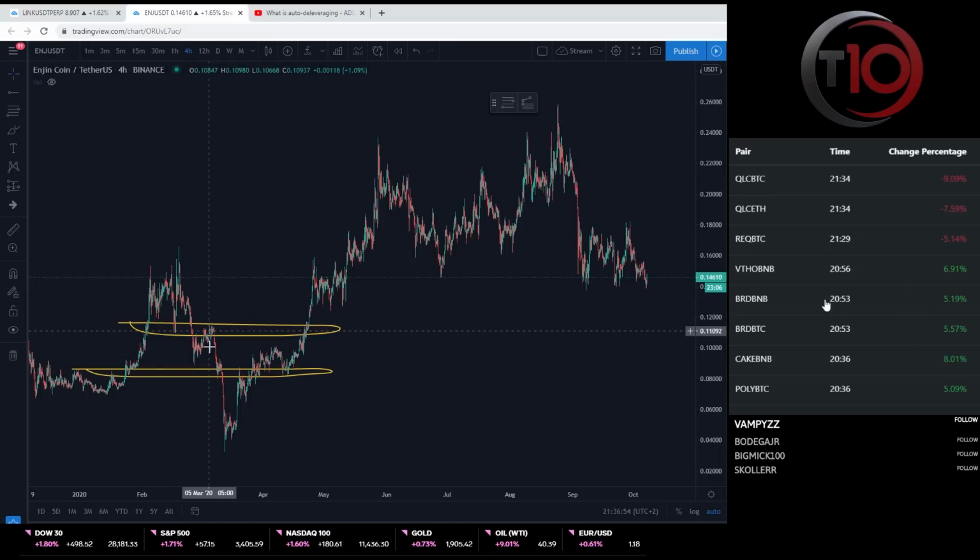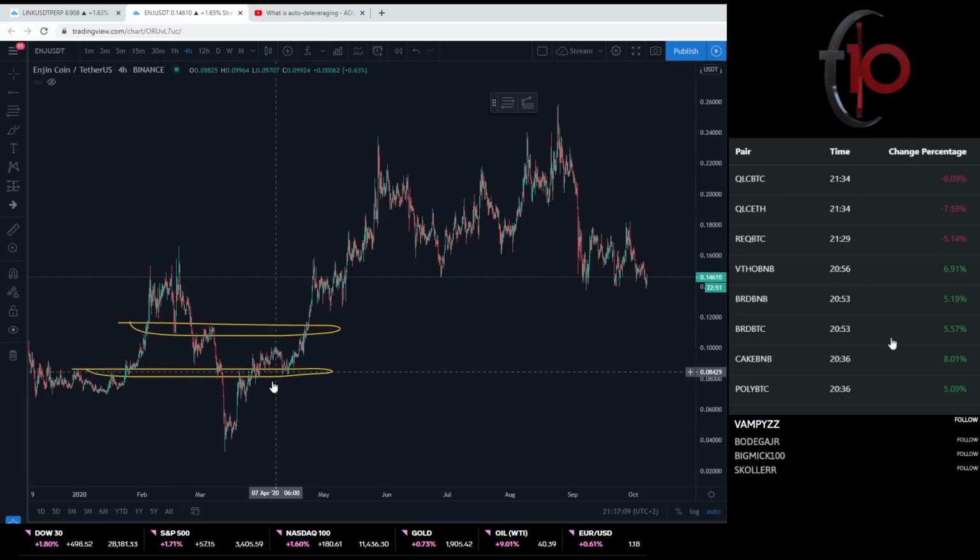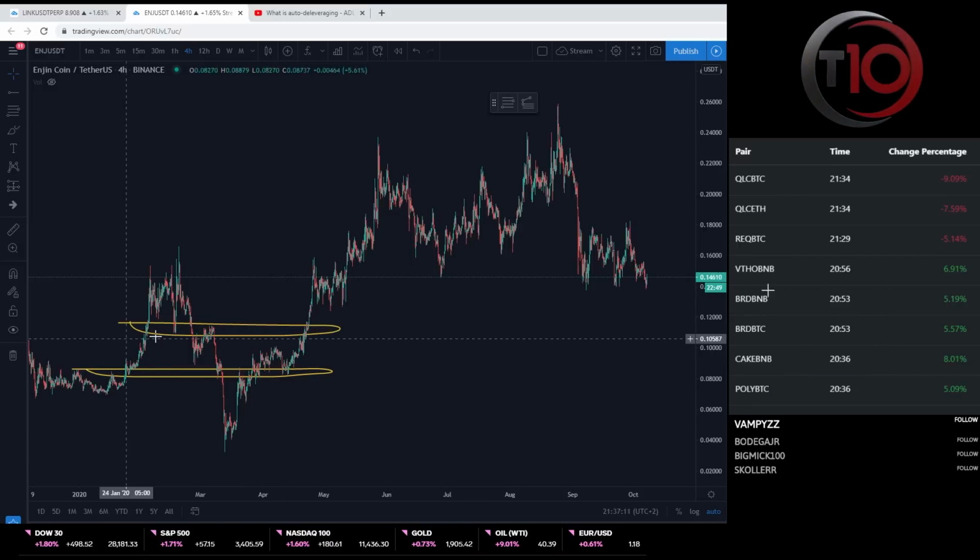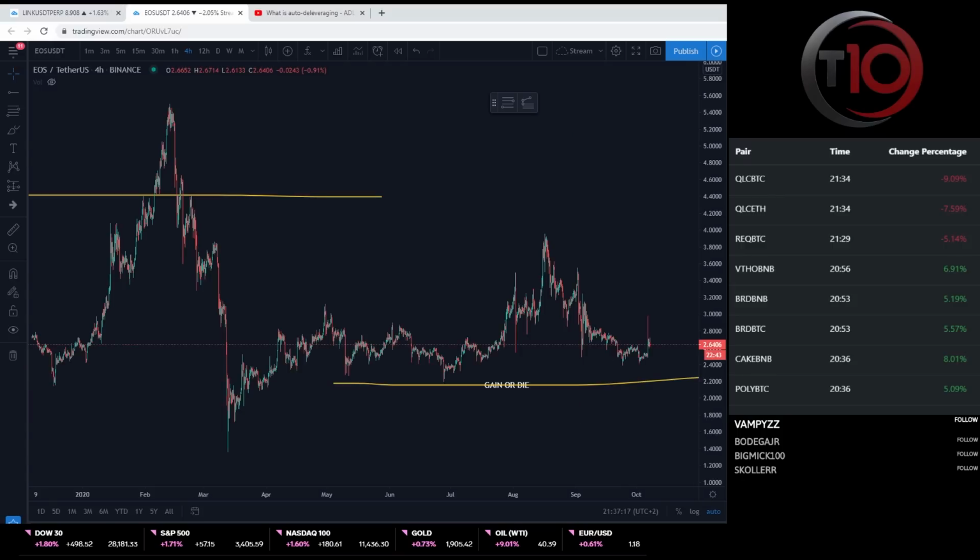This is the start of the move down, the bottom part of it. So they usually bounce this one, and if they fail to bounce, they will test this zone. I guess this one has an easier stop loss maybe, or you could just use just below here. EOS,